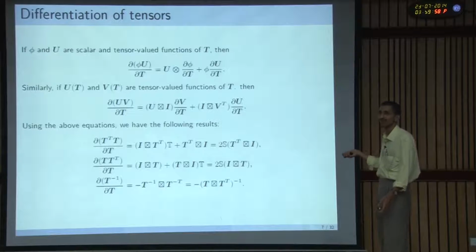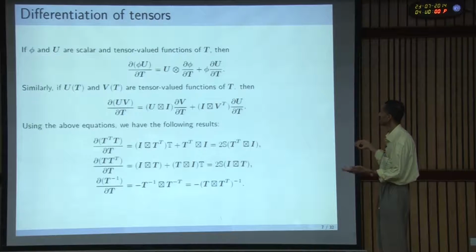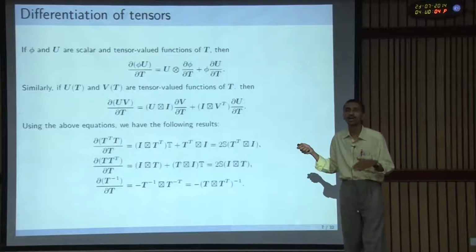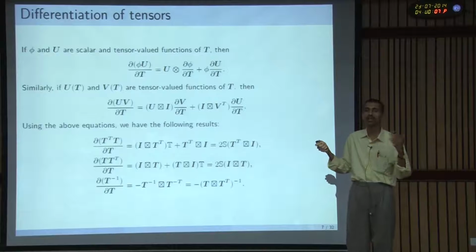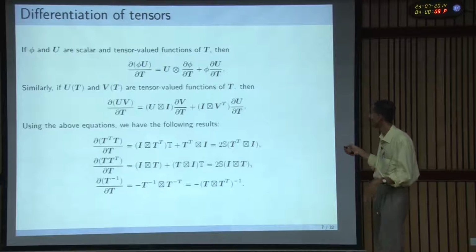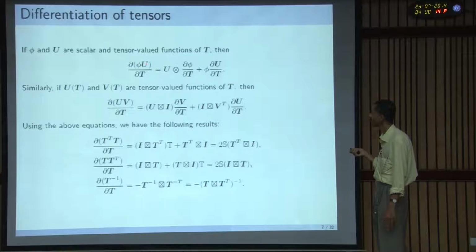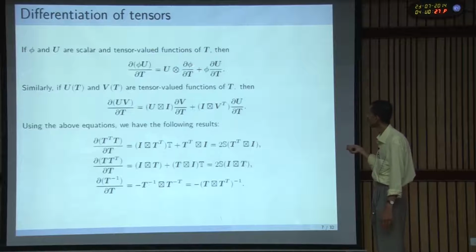Again, this is just some maths which I can probably skip. These are just manipulations. You will need to differentiate these 4th order tensors and so on. Here you can see that if there is a scalar multiple of a second order tensor and you differentiate that with respect to a second order tensor, you will get a 4th order tensor. These again use those dyadic products that I told you about.